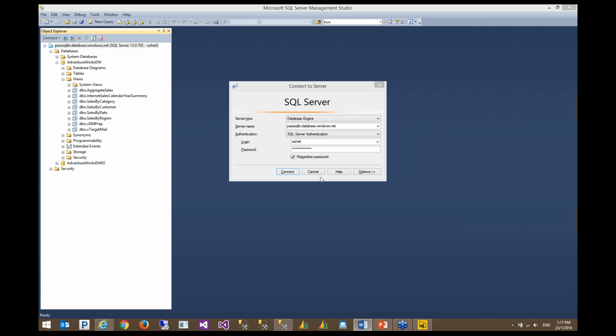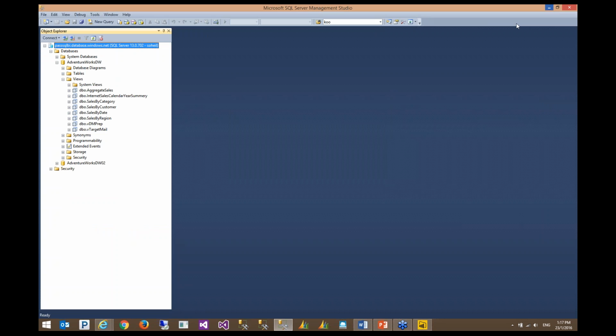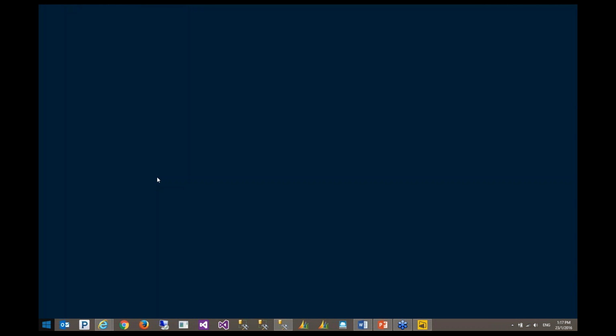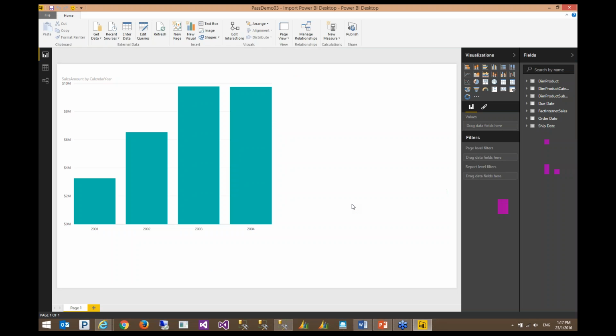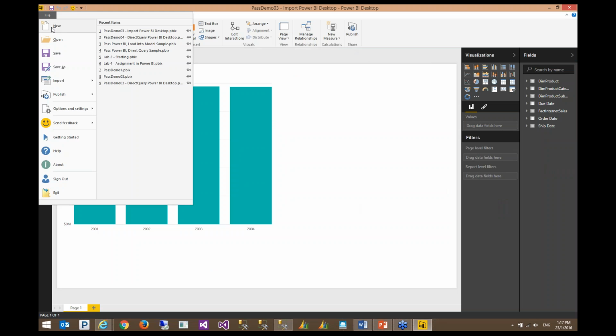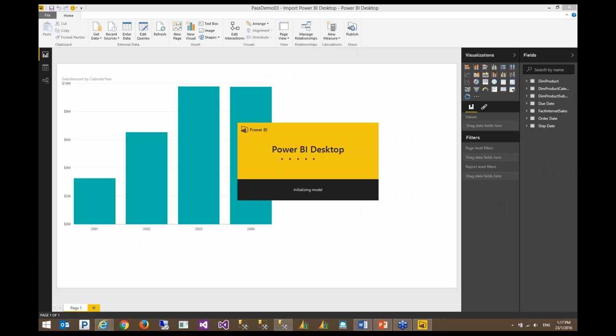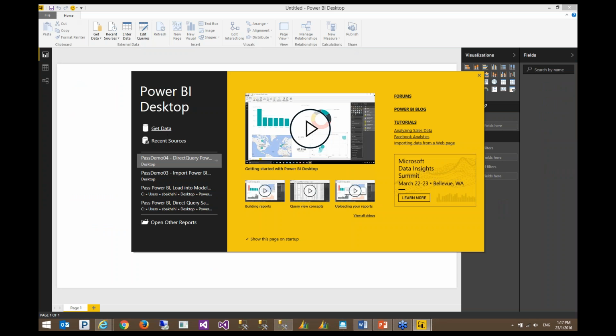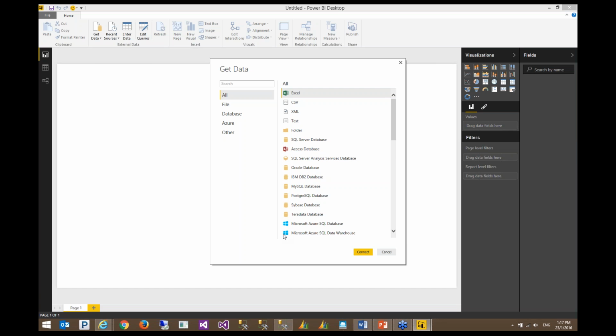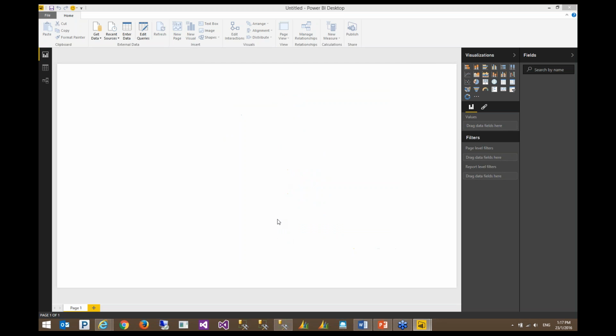So I'm not going to repeat myself, so I'm going to close this one, and we're going to the next demo, which is direct query mode in Power BI desktop. So I'm going to click on new to create a new Power BI desktop for me. And again, click on Get Data and Azure SQL Data Warehouse.